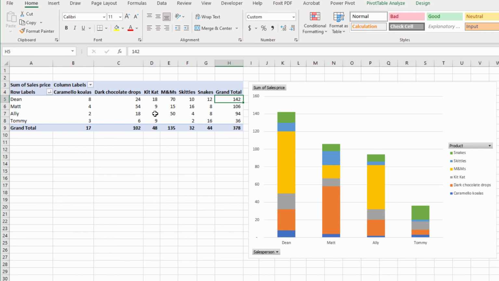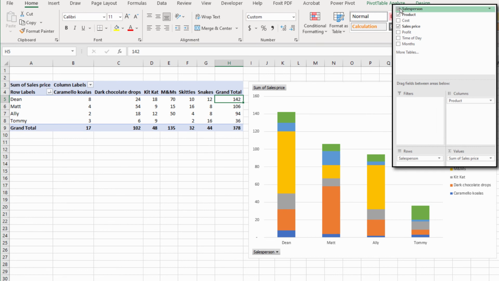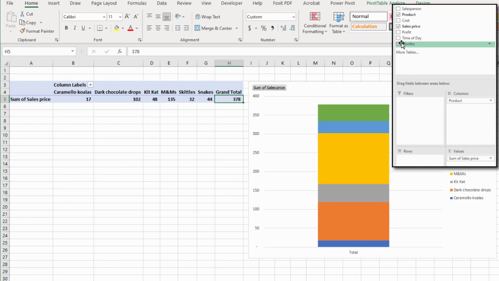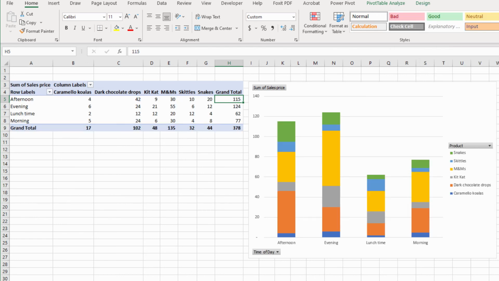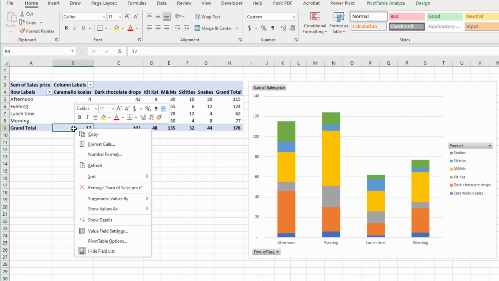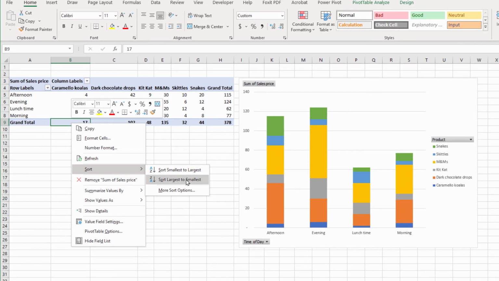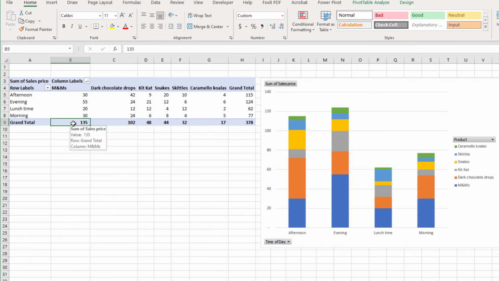Now even if I move fields around, pull some out, put others back in, like say we get rid of the salesperson, but instead we look at a breakdown of the time of day, we can compare afternoon, evening, lunch, morning. Again, let's sort those ones, or let's sort by product. Right click, sort largest to smallest. So now M&Ms go first because most of the sales came from M&Ms, all the way down to poor little caramello koalas.